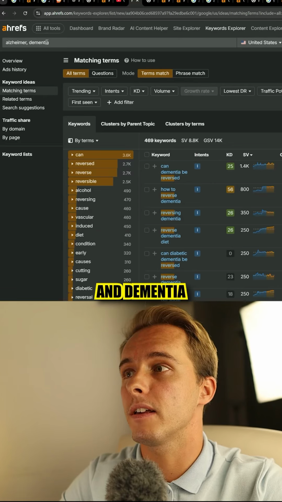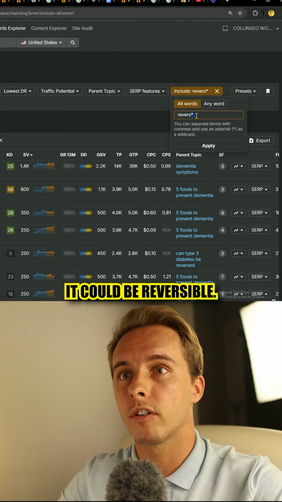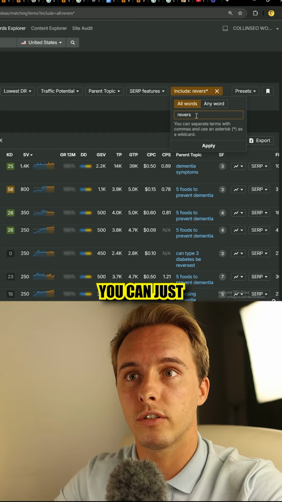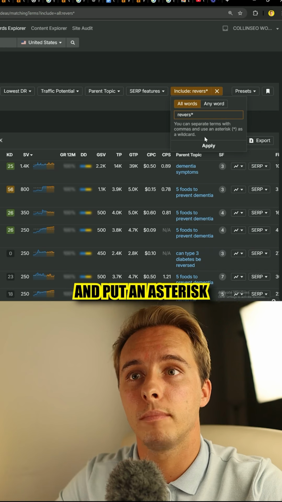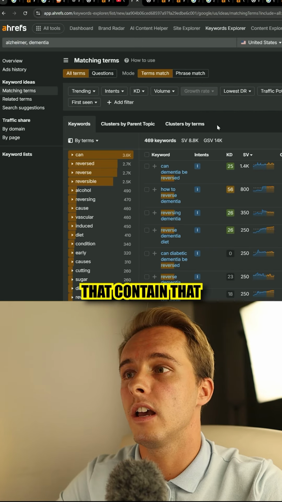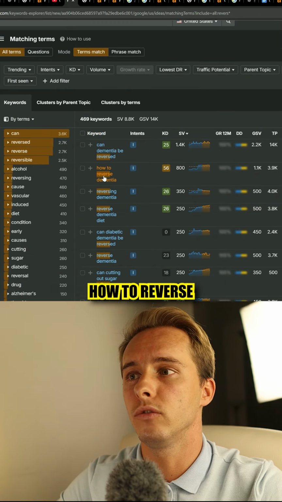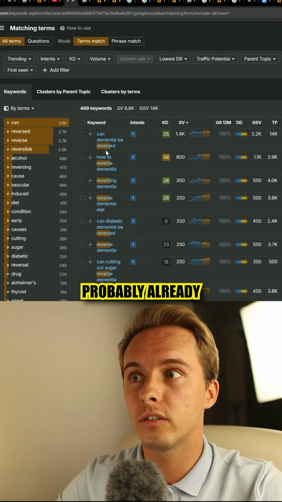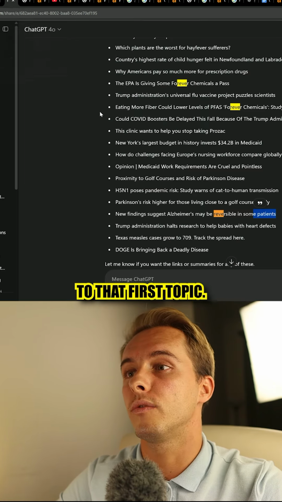and put Alzheimer and dementia, the keyword must include reversible, and it could be reversible, reversing, or whatever. So for that, you can just stop before the word sort of changes and put an asterisk. And look at that, we went from probably millions of keywords that contain that to specifically this. And check this out, can dementia be reversed? How to reverse dementia? These are probably already 2 blogs we could create that are somehow related to that first